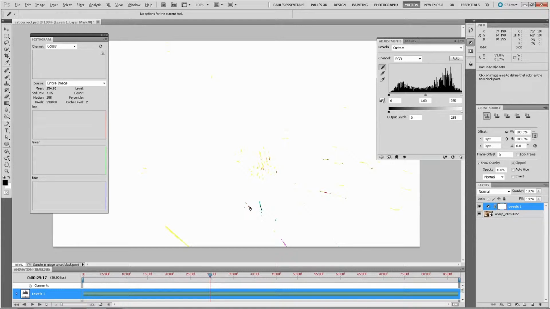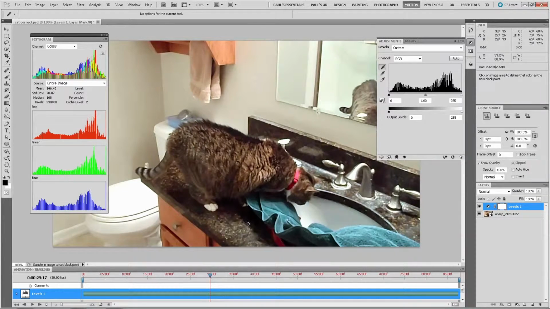There's not much black in there. Hit a black. There we go. It's a little subtler. All right, what have we got? Well, we've balanced the whites more. Black's not too bad.